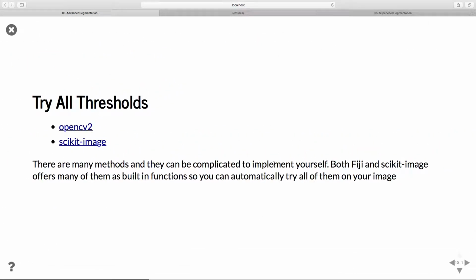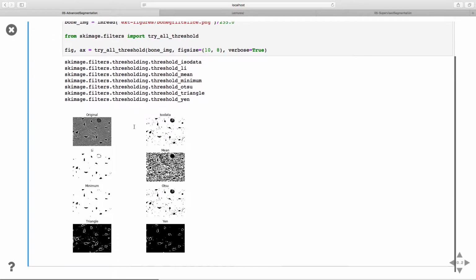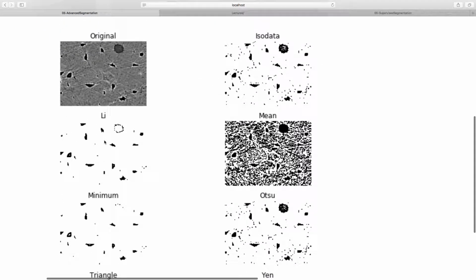So what's quite nice is that there are lots of tools that let you try all thresholds. In Fiji, Scikit Image, and KNIME, you have very easy interfaces to load in an image, and even a function called something like try all thresholds, where it shows you the original image and then what each threshold on your image looks like. We don't cover all of these techniques in the class, but you could run this on a